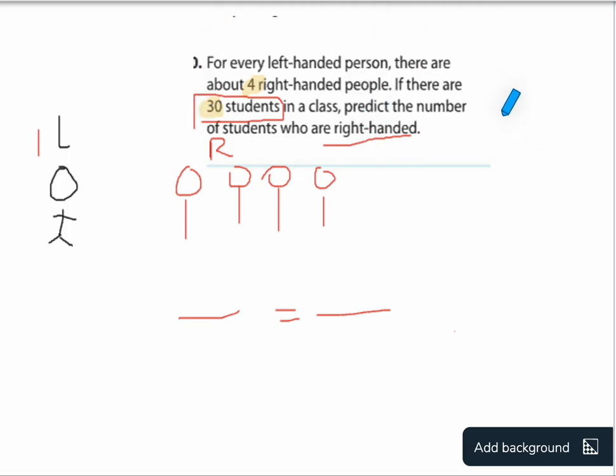A paragraph, but the paragraph is a word problem, and sometimes you guys become very scared with word problems. I'm going to show you a way to solve word problems using proportions. A proportion is just basically two fractions with an equal sign. Now, what you're going to do whenever you see a word problem is you're going to scan it for three